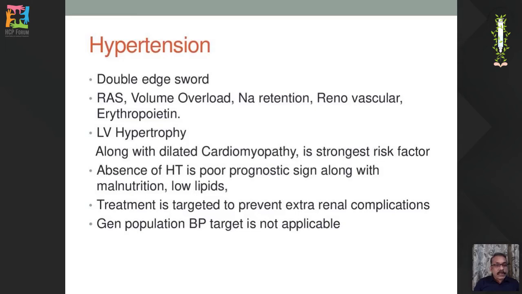Now coming to hypertension, it is the double-edged sword, already mentioned by the previous speaker, that they aggravate each other. And hypertension, especially in elderly patients, severe hypertension is a poor prognostic sign, because hypertension-induced comorbidities like cardiac and neurological keep on progressing, and because of the better medical facilities, their life expectancy is going up,